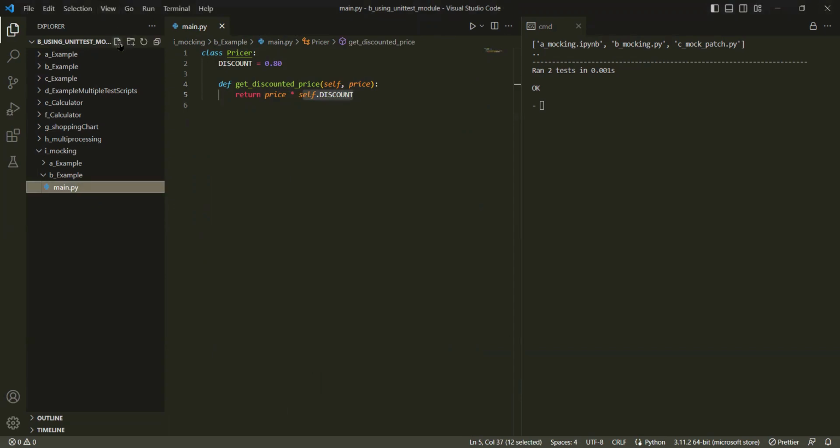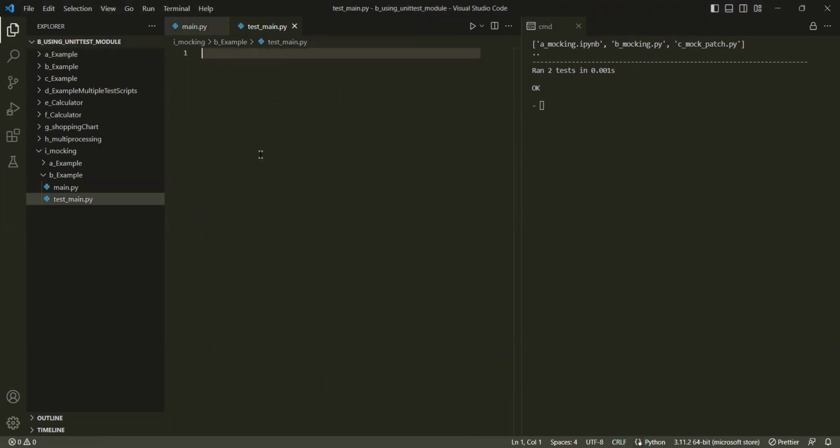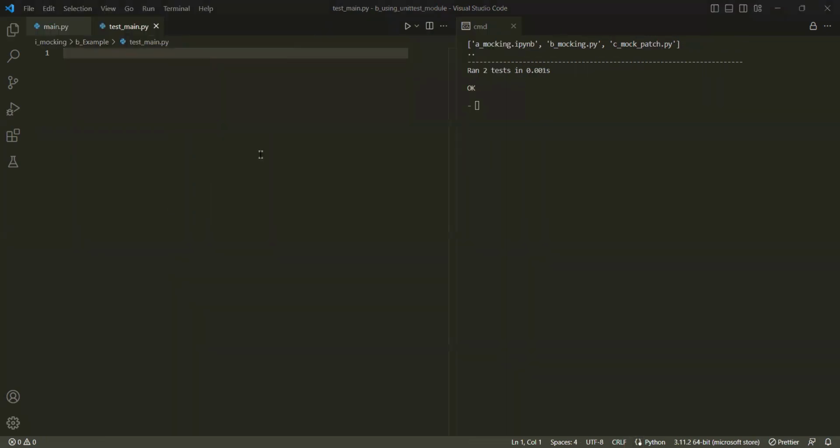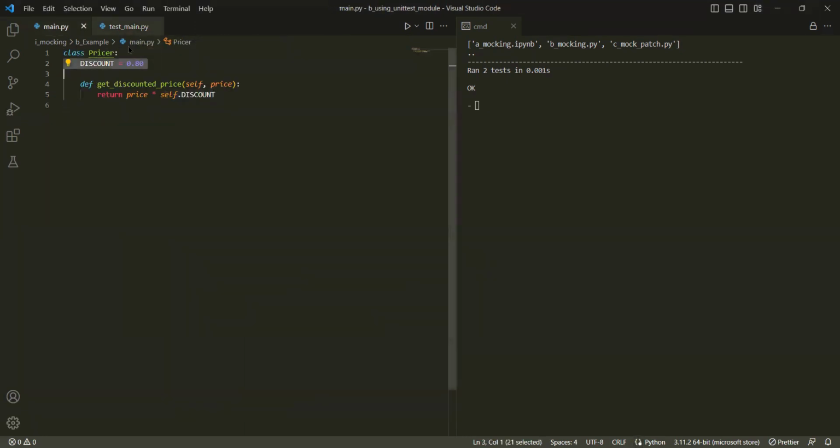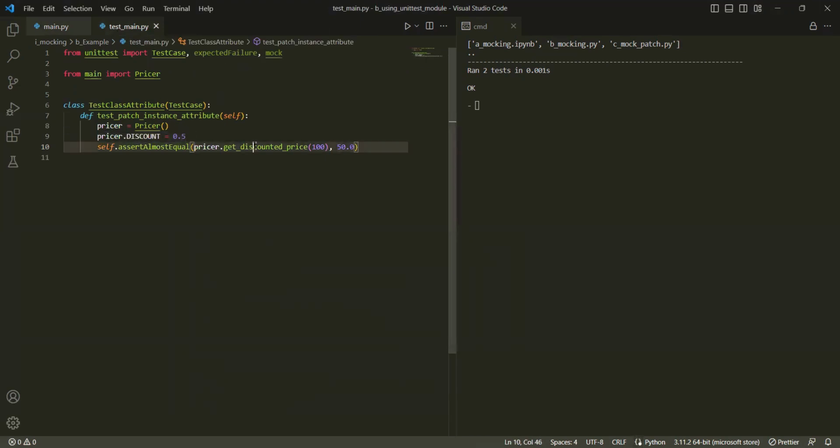So now, for this, if I want to write a test case, I write test underscore main. That is my expectation. Now here I want to write a test case, like whether something is equal or not. Okay, see here, I wrote one thing: test patch instance attribute. The point is here I have price equal to pricer, meaning I can create an instance, and for that instance I pass discount equal to a modified value. So they gave the discount as 0.58. I modified the discount and I'm checking the result. Now if you can notice it here,